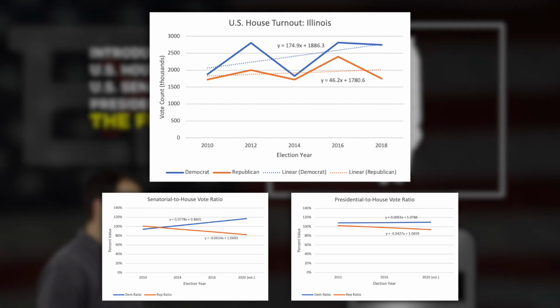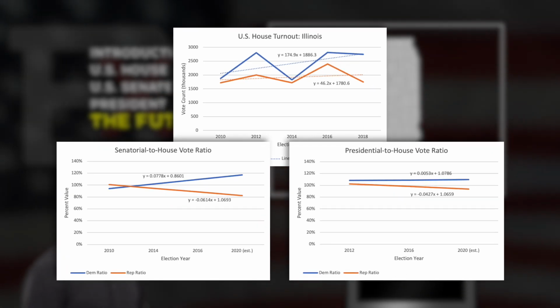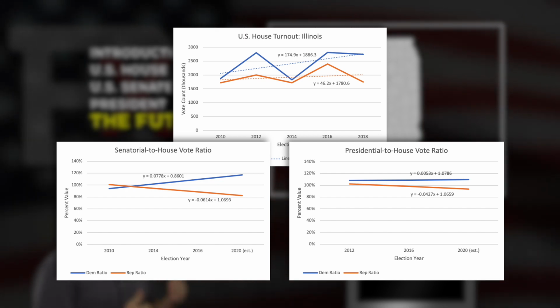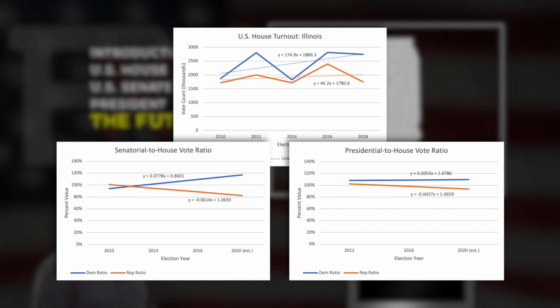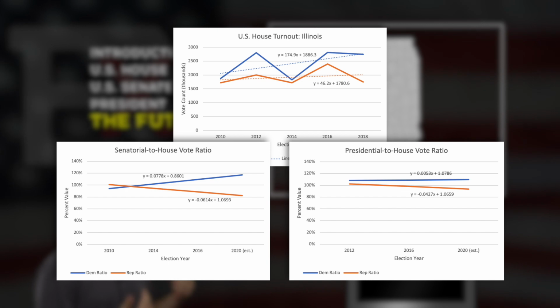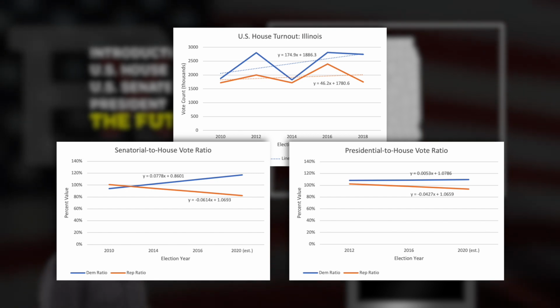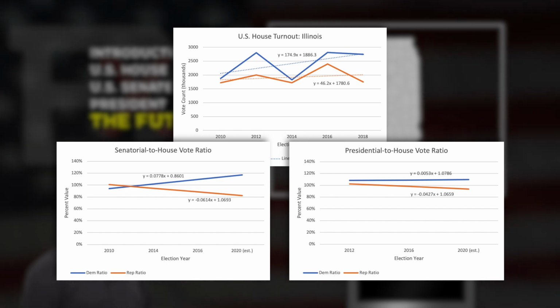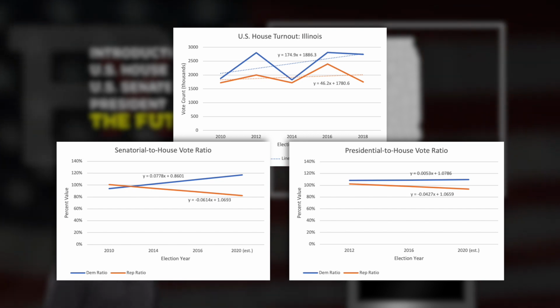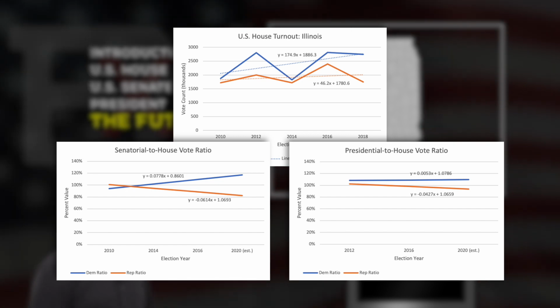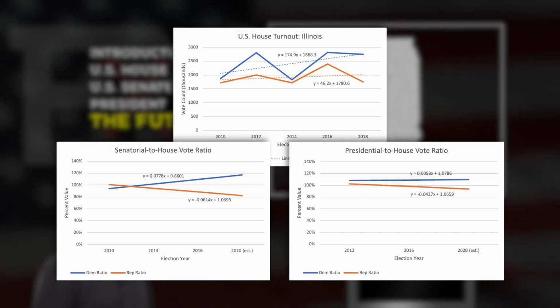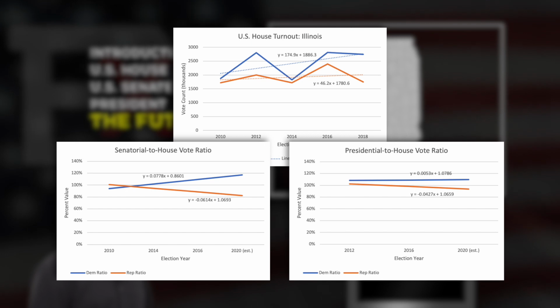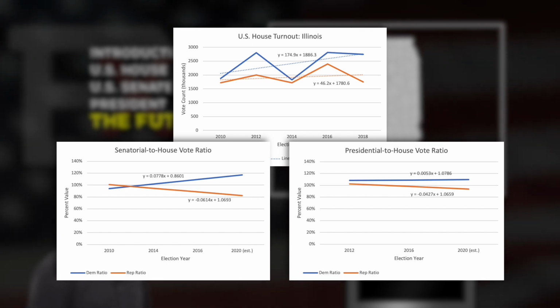And it's largely due in part to that massive bump in their turnout going from 2016 to 2018 that Republicans just did not enjoy. Next, looking at these other two line graphs I've cooked up for you, these are estimates for the rate of increase or decrease in those voter turnout ratios that I was showing you earlier in those calculations. There's one for senatorial candidates and one for presidential candidates. Looking at senatorial, we see a positive slope for Democrats and a negative slope for Republicans, meaning that it is